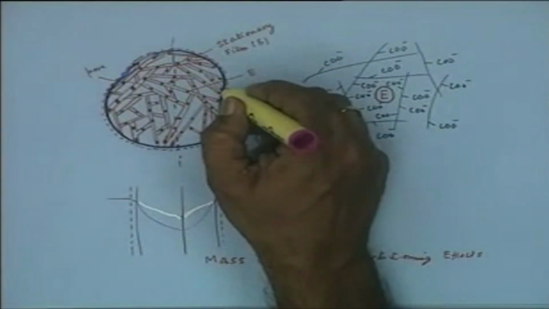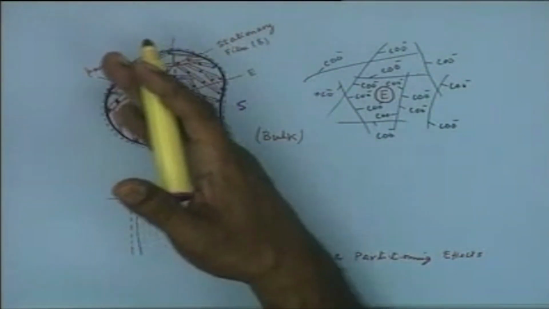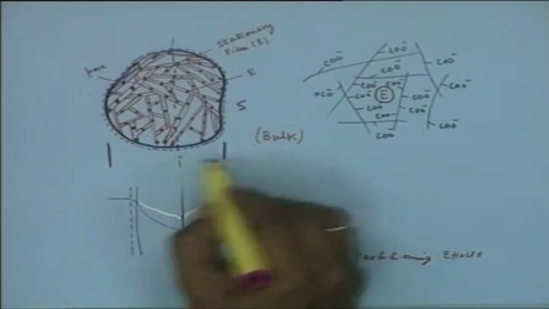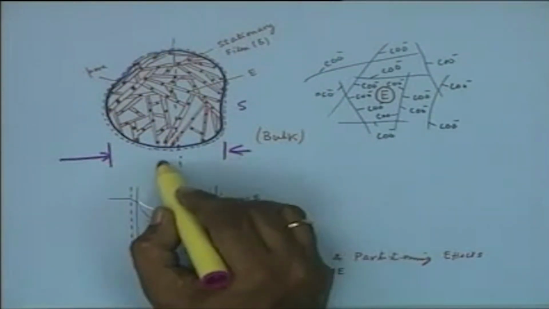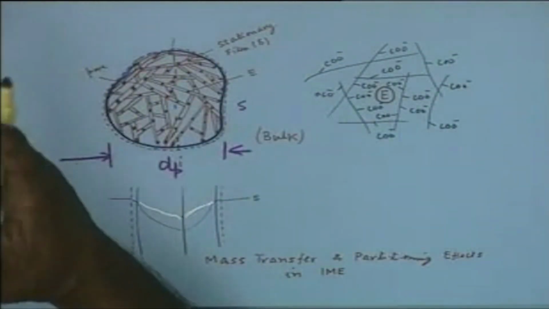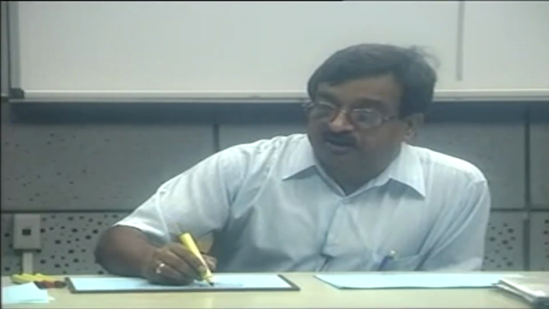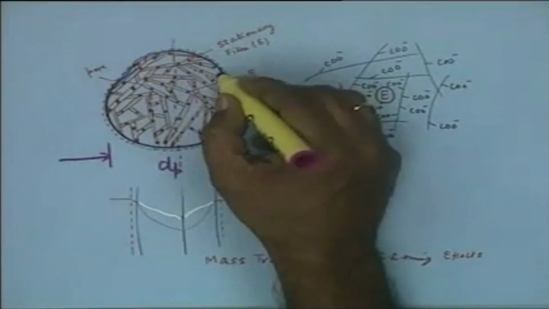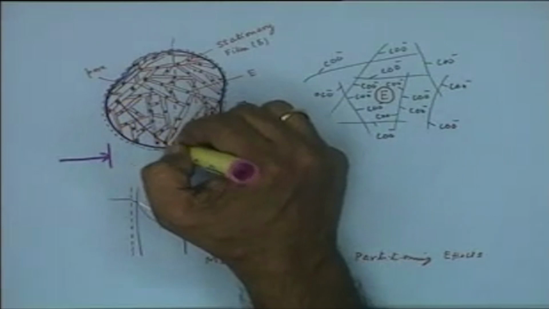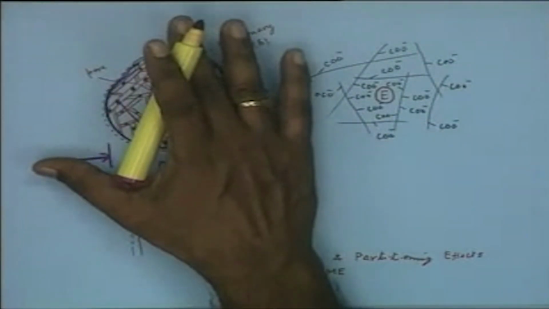Now from the surface the substrate has to move to the enzyme active site, and the enzyme is distributed all over the particle. Depending on the particle thickness, let us say the diameter of the particle is dp, the substrate might be able to reach only up to a part of the carrier. Let us say it reaches up to here, and the substrate value comes down to 0, which will mean that a fraction of the total enzyme available in the immobilized preparation is not able to interact with the substrate,